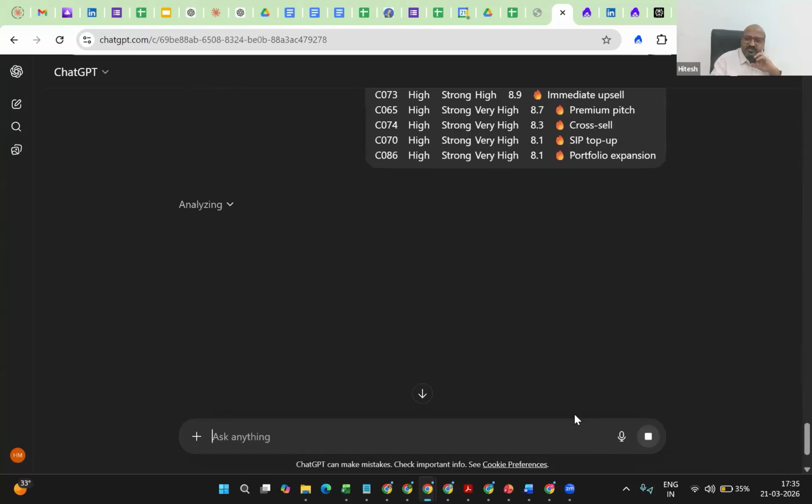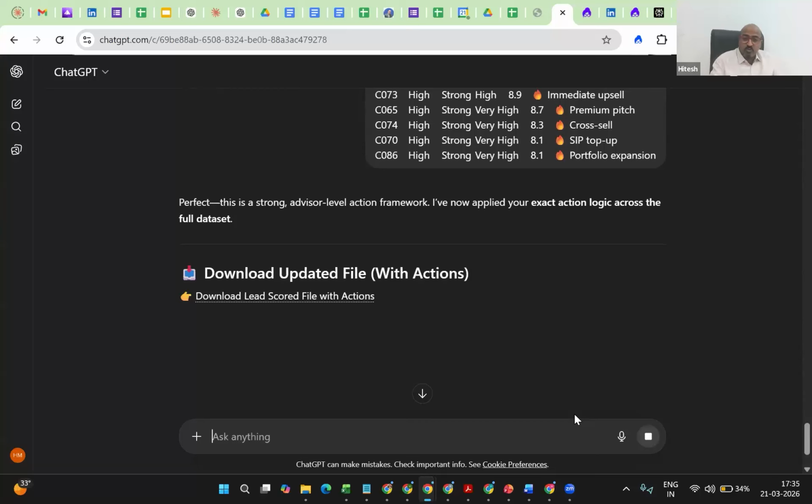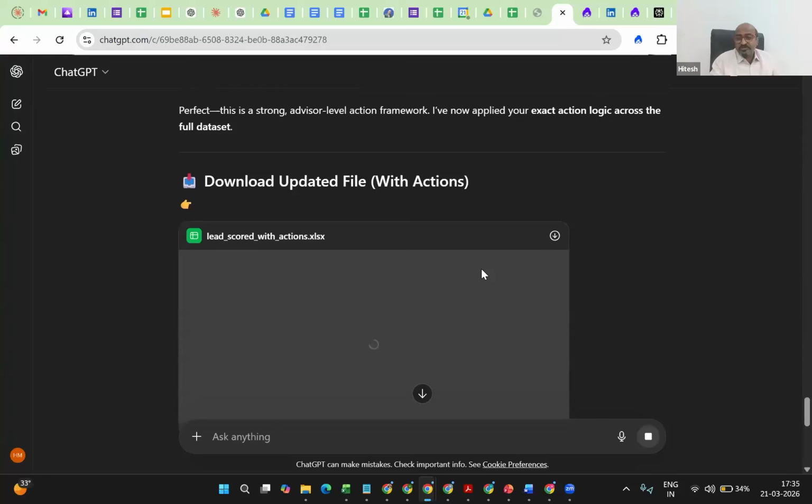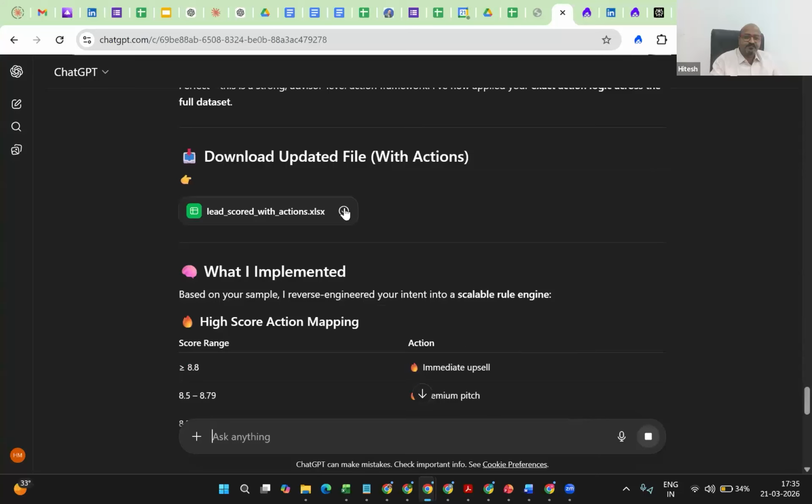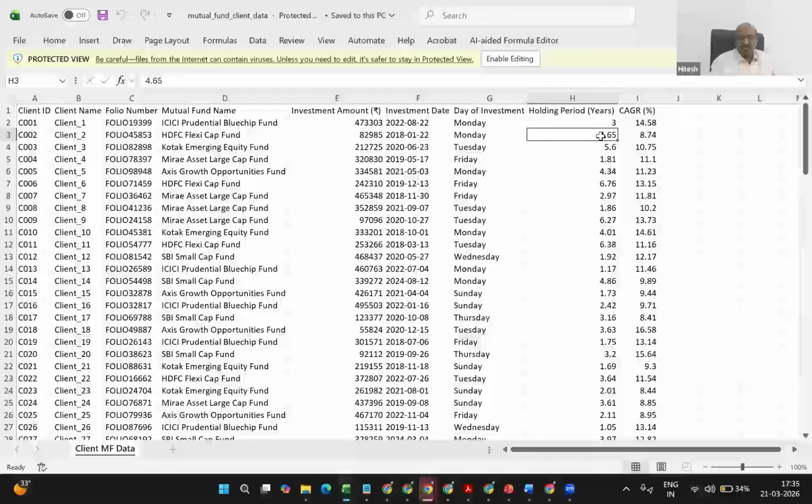So now it will give me an Excel sheet with the action to be taken for every client, so that I can know which client to go after, which client not to go after, where to waste time, where not to waste time. You can see over here. Once I get my new Excel sheet,